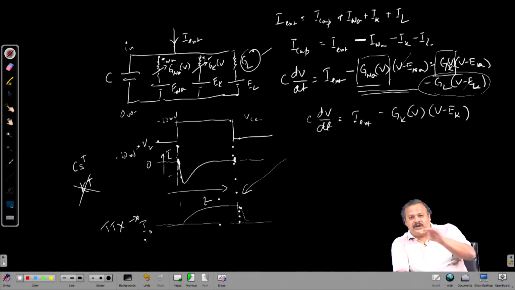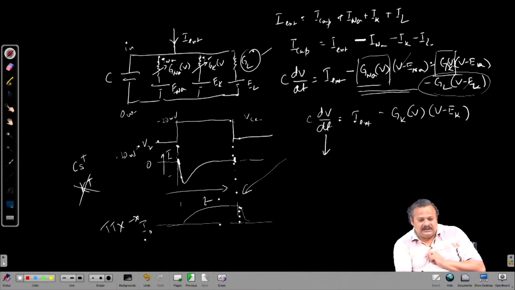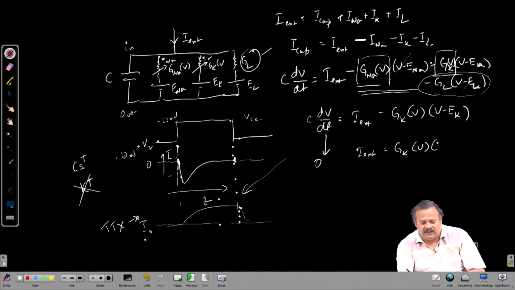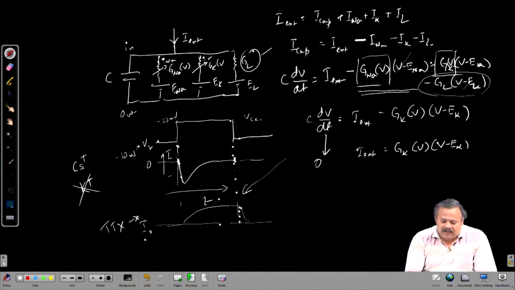We are clamping the voltage at a particular value, which means that our C dV/dt is set to 0, because the voltage is fixed, it cannot be changed. The experimenter is controlling the voltage exactly at the particular V that the experimenter wants. So, if this is 0, by measuring the current, we can easily get I external, which is the profile of GK as a function of V, GK times (V minus EK). And so, by using different clamp values,